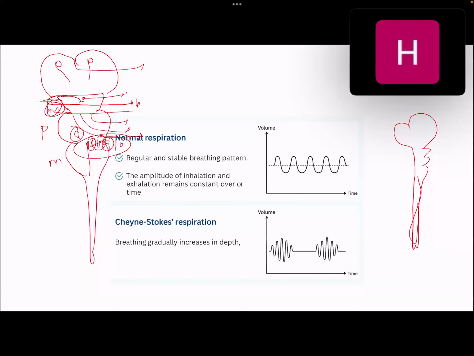Remember, this is the side view of the brain. I'll tell you what these are. This is the cerebral hemisphere. This is the midbrain. This is the pons. This is medulla, spinal cord, and cerebellum. The most important lesion you will have to remember is the fifth nerve nucleus. The trigeminal nucleus is present usually at the junction of midbrain and pons, and the fifth nerve nucleus extends into the cerebellum and also down until the upper part of the spinal cord.